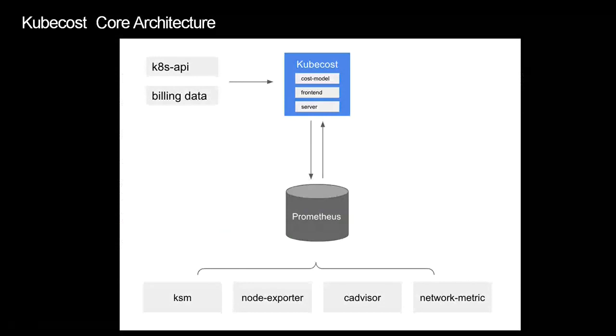So whenever you install KubeCost, it actually has a very optimized version of Prometheus installed by default. You do not need to worry about it. Why am I saying optimized version? Because if you use your own Prometheus, then it has many additional metrics collected also, which may not be required, right? So what KubeCost does in the open source free version, it has a very tuned version of Prometheus.